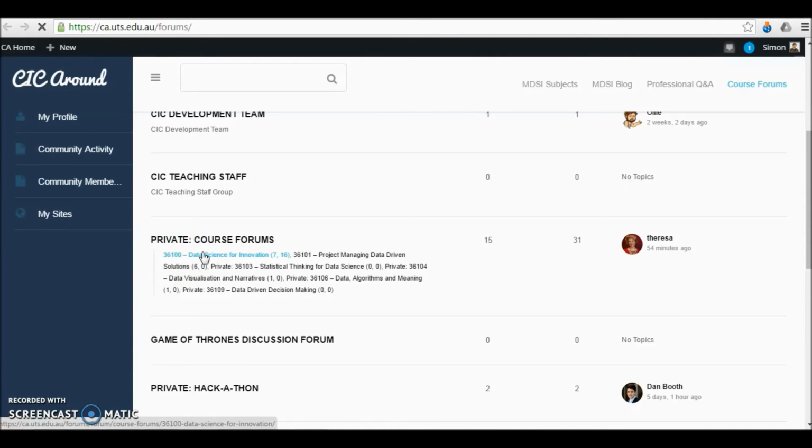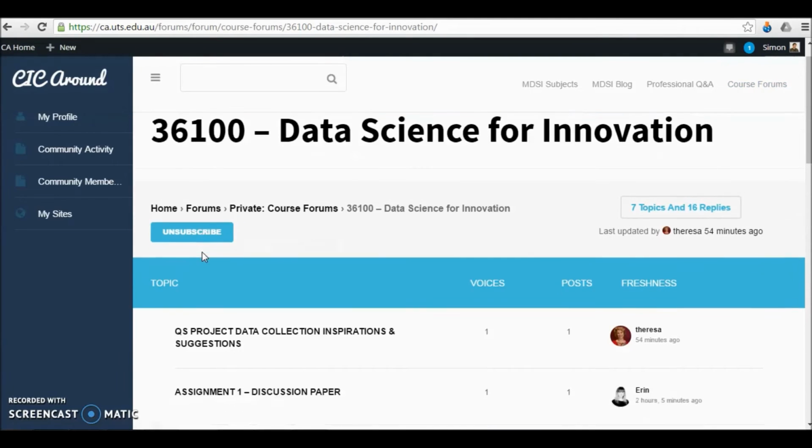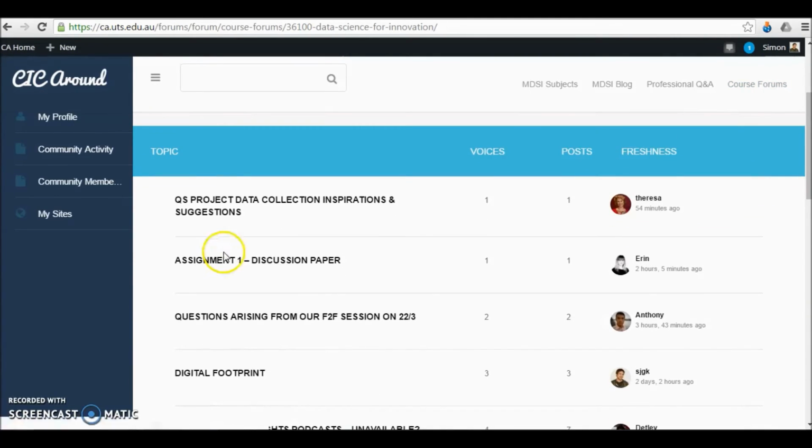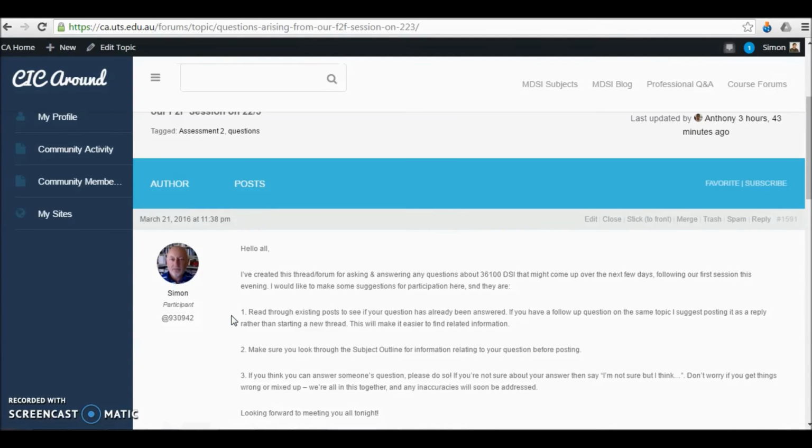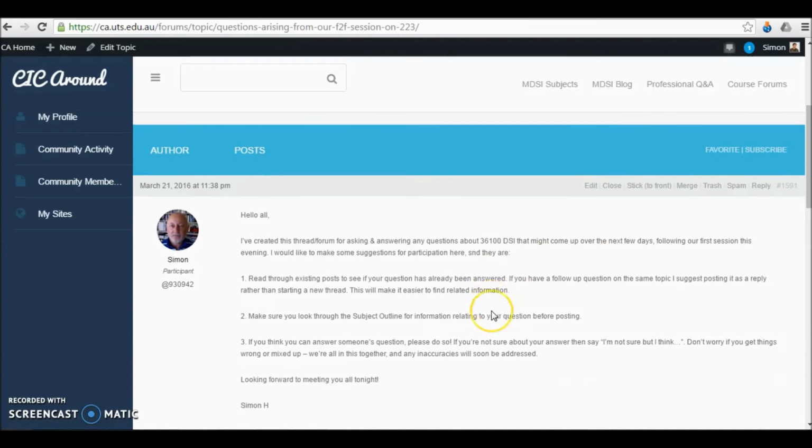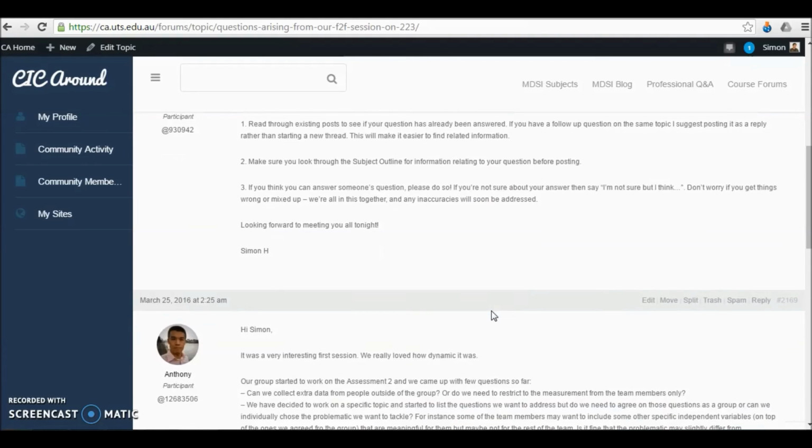we can see that people have been asking questions. And when we click into this, you can see that we actually have the options to pin some of these to the top, so for important questions, and to merge questions. So we will try to keep this space quite tidy. And this is a question about the first session that we ran on Tuesday.